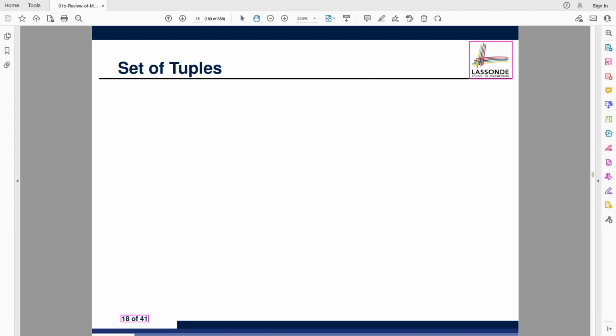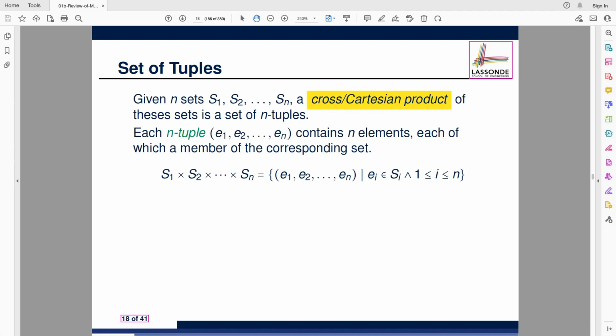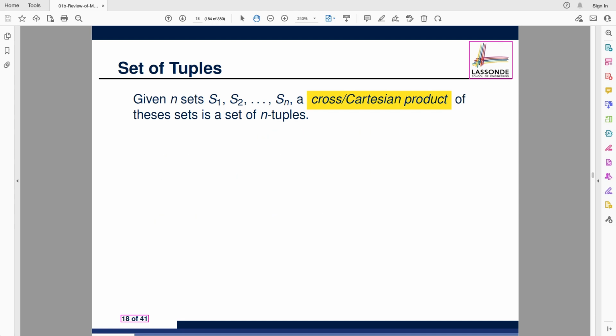Let's take a look. The relation definition will be in the next slide, and we're going to build on top of that. But before that, let's talk about tuples. I'll show you the definition over here first. Let's say we've got set number 1, set number 2, all the way to set number n. We've got n sets. And then we have the notion of the so-called cross or Cartesian product. I'm pretty sure you've heard the term before, but let's now revisit its definition. We need this for defining relation. For relation, it's a special case where n is equal to 2. You only have S1 and S2. Luckily, you only have to consider just 2 sets, but in general, it can be more.